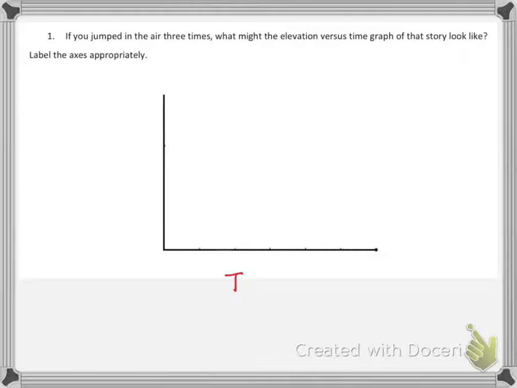So my independent variable is going to be time, and I'm going to measure that in seconds. And then I'm going to measure elevation over here on the y-axis, my dependent variable, and I'm going to measure that in inches. All right, and then it just depends on how high I jump, what my scale is going to be. Well, I'm not feeling like putting a whole lot of effort into it, so I'm saying probably a 3-inch jump is going to be pretty close, Bill Lambier style. That's a way outdated reference, but anyway,